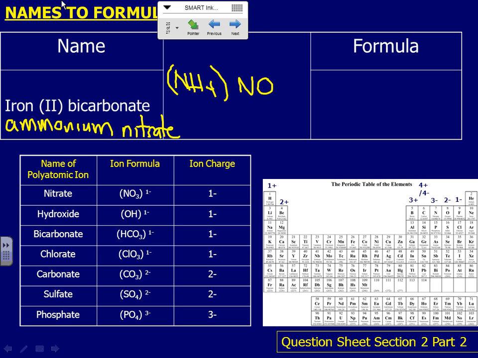NO3. What do we got for charges? Jocelyn, what do we got? Nitrate is -1. So 1 and 1, right? That's it. That's the molecule. We can rewrite it